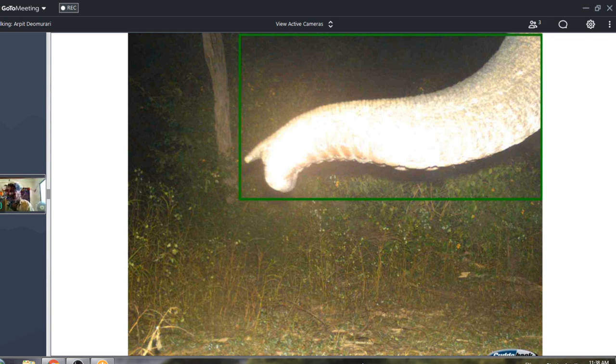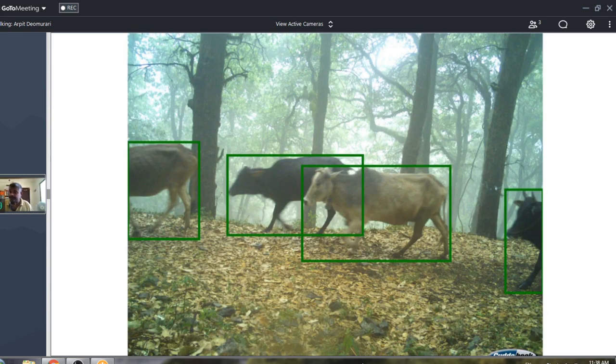Sometimes we don't get the full animal, because the camera is small and its field of view is limited, and you get only a tail, or only the trunk of an elephant, or the rear of a rhino, but it can detect based on the inference it learned. It can count too. Here it can easily count that there are 4 cows in a frame.